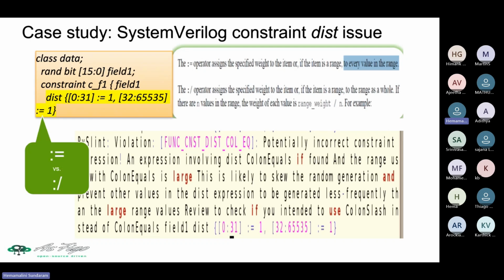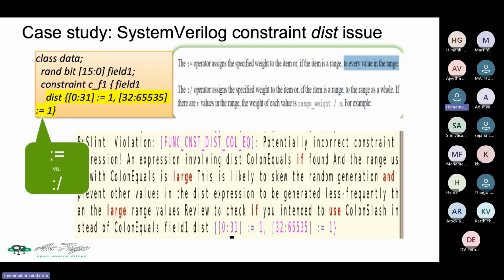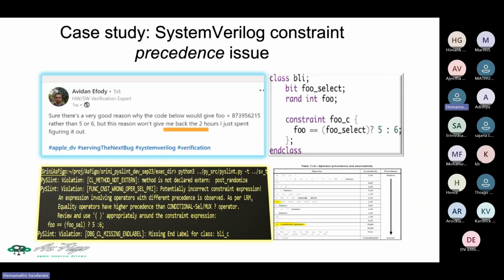Instead of that, use a colon slash operator, which assigns a specified weight to the item, or if the item is in a range, to the range as a whole. So if there are values in this range, the weight of each value is the range weight divided by n, for example. So for 0 to 31, instead of using colon equals, if you use a colon slash, that would be the solution there. So in the second case study, or the fourth one, with regards to the constraint precedence,